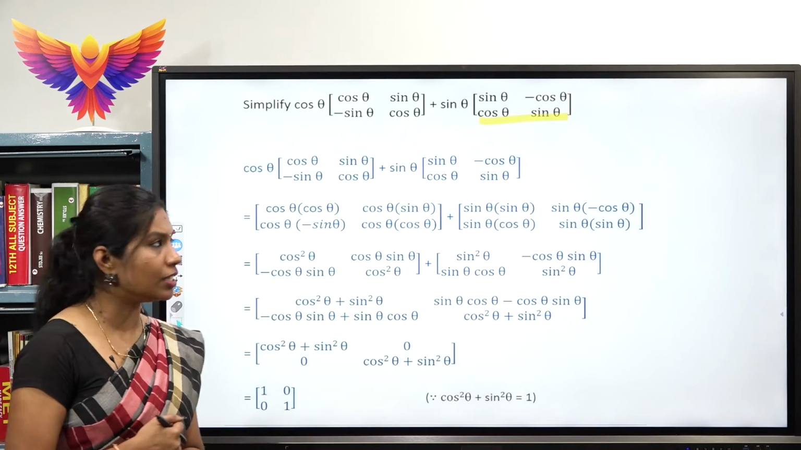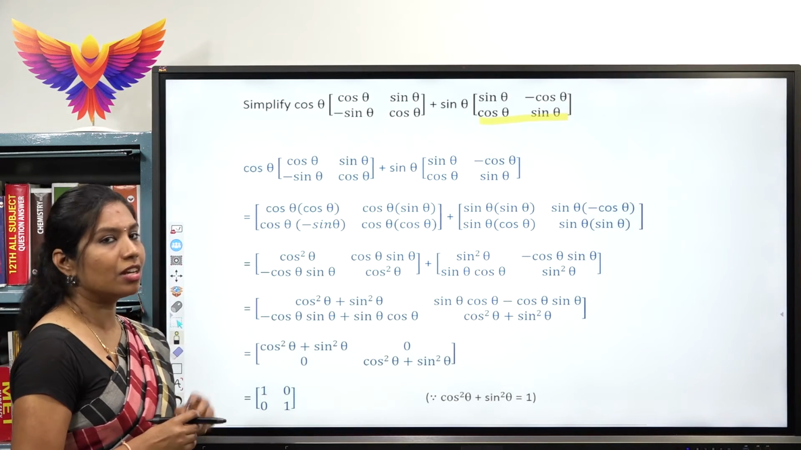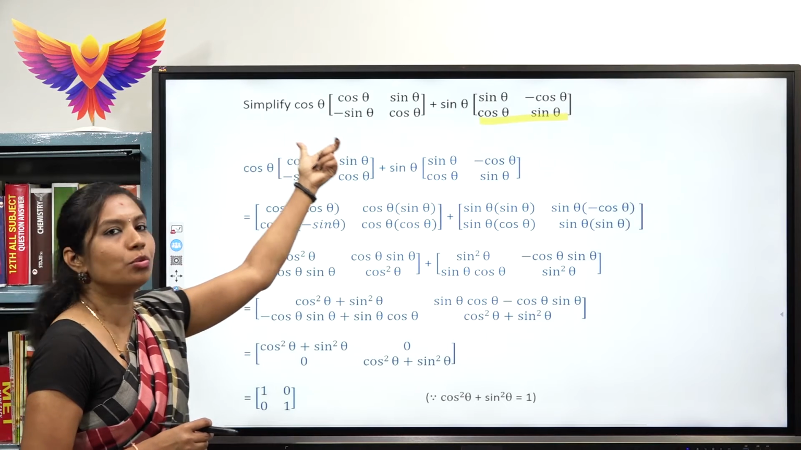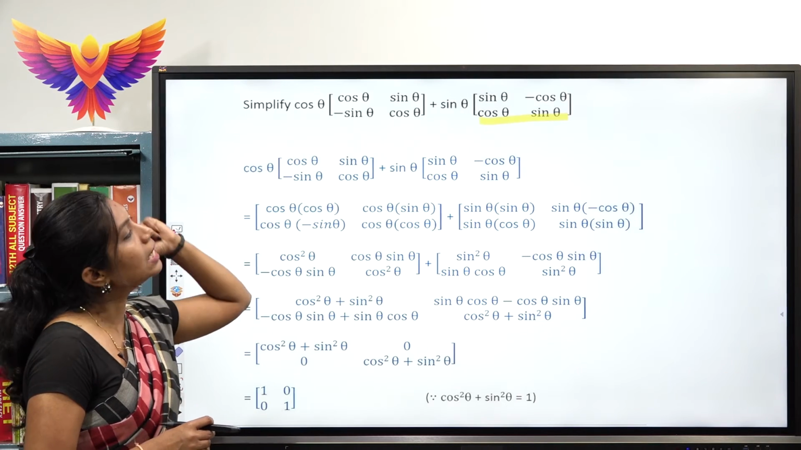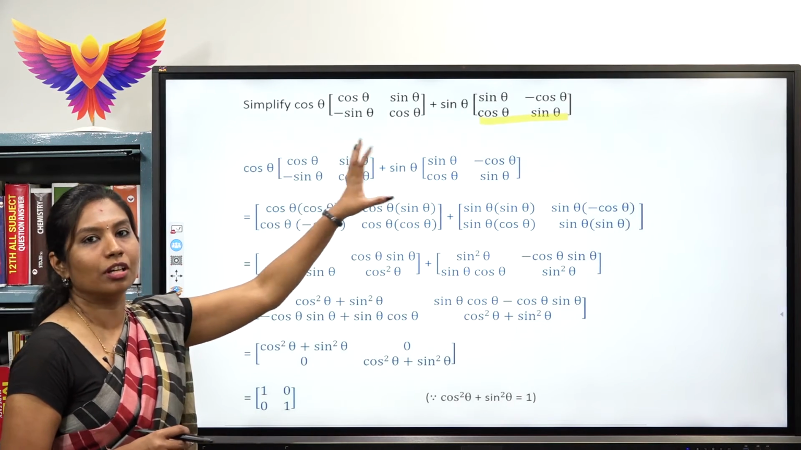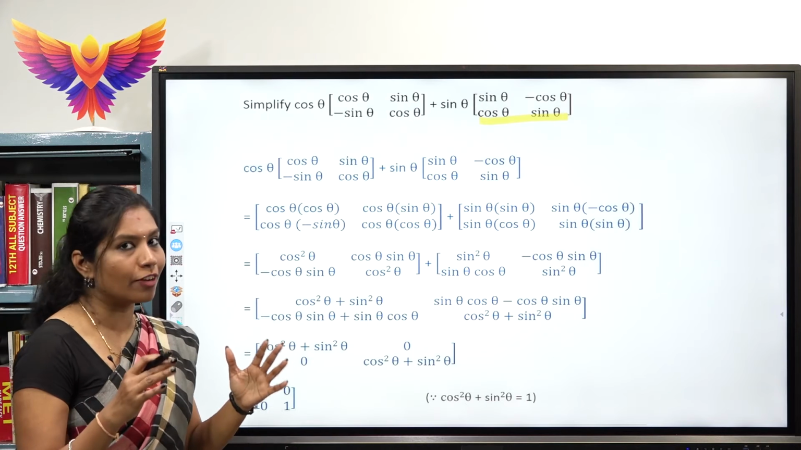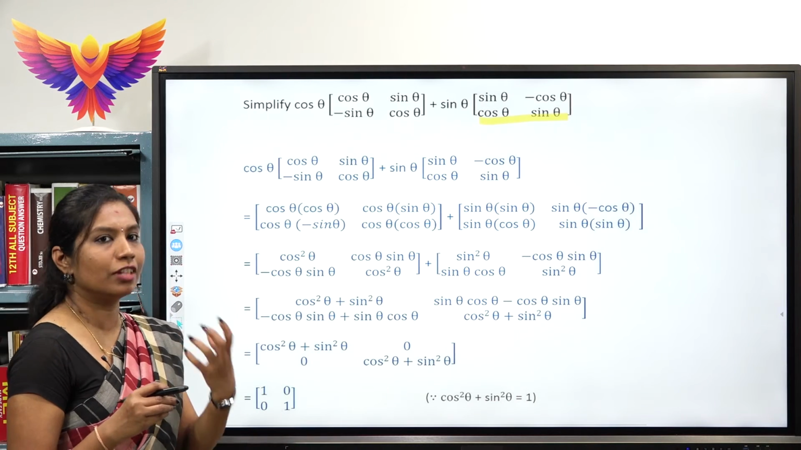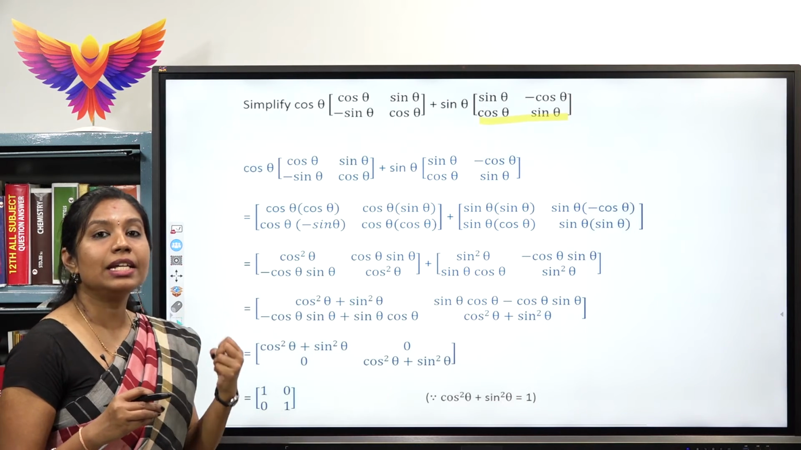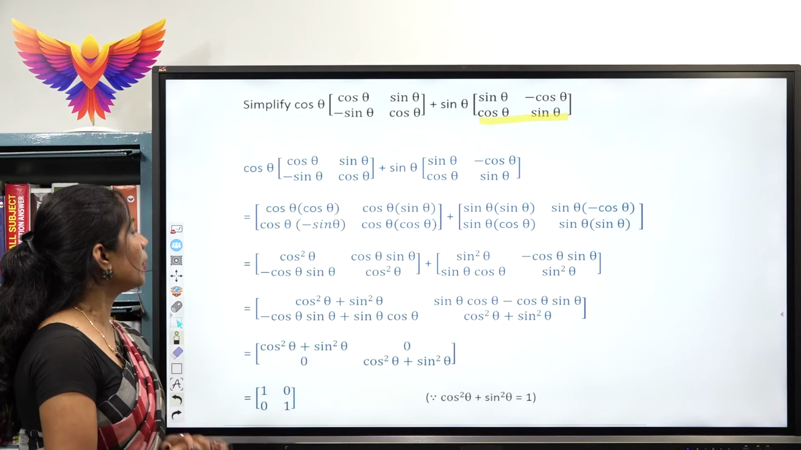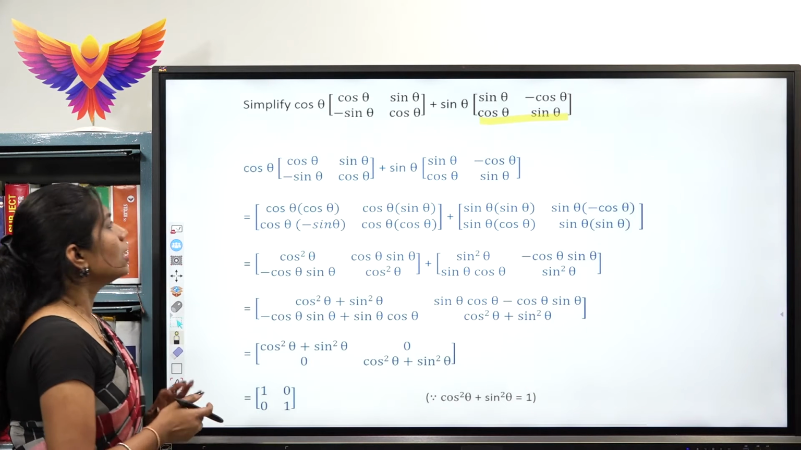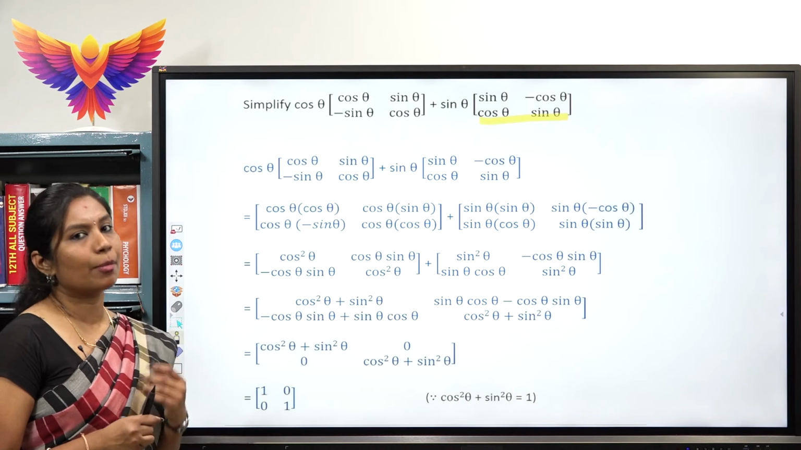So how do we do this? It is not exactly the multiplication. We have cos theta into a matrix, and plus sin theta into another matrix. We are not multiplying the two different matrices, but we are multiplying cos theta with the matrix, same way sin theta with the matrix. So when I have to go with this, each and every element, just like your scalar multiplication,